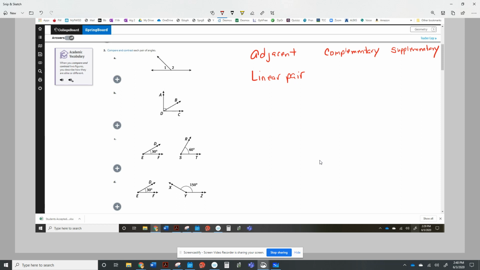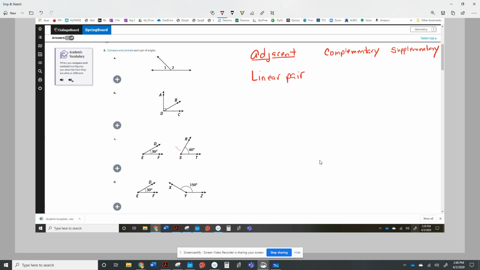So oftentimes I'm not going to follow the directions right here and make a compare and contrast list simply because I don't have time. I've got to tell you the vocabulary words that you need, and we've got to move on. So you're welcome to make a compare and contrast list. I'm not going to. So when I see this group of pictures, these are the vocabulary words that pop into mind. The first one is